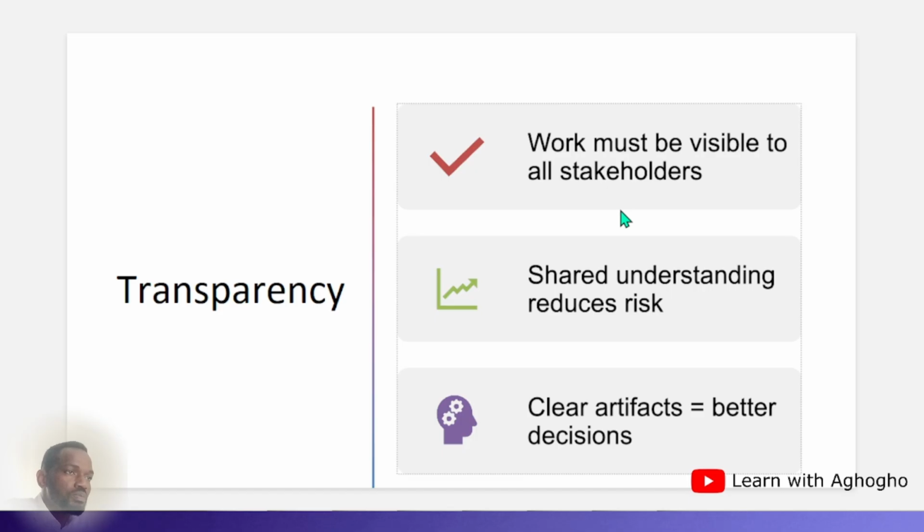So the team should be able to elaborate what they have done, and if there is any concern, the stakeholders should also point their concerns out to the team, and they should at some point come to a common ground where such concerns are resolved before proceeding to the next sprint. So clear artifacts, better decisions. Okay,